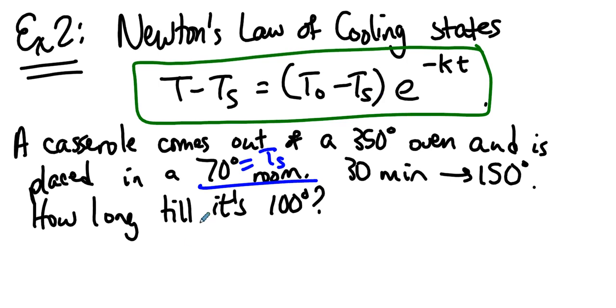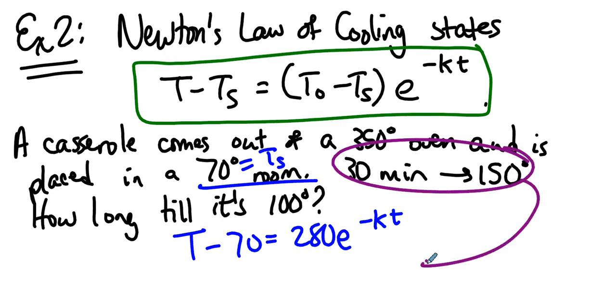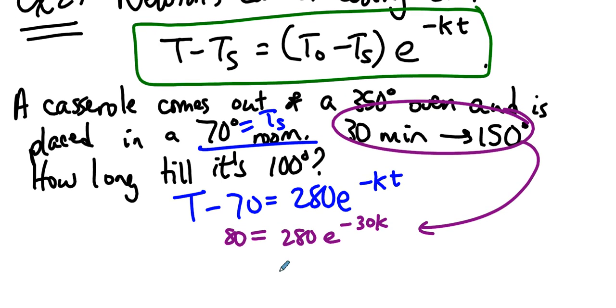So what do we know? We know that T minus 70 is 350 minus 70 times e to the negative kt. Why negative? It just reminds us that the temperature is going down. k ends up being a positive number in this case. We know that after 30 minutes, the temperature is 150 degrees, which means that 80 is 280 times e to the negative 30k. And this can be solved to figure out that k is